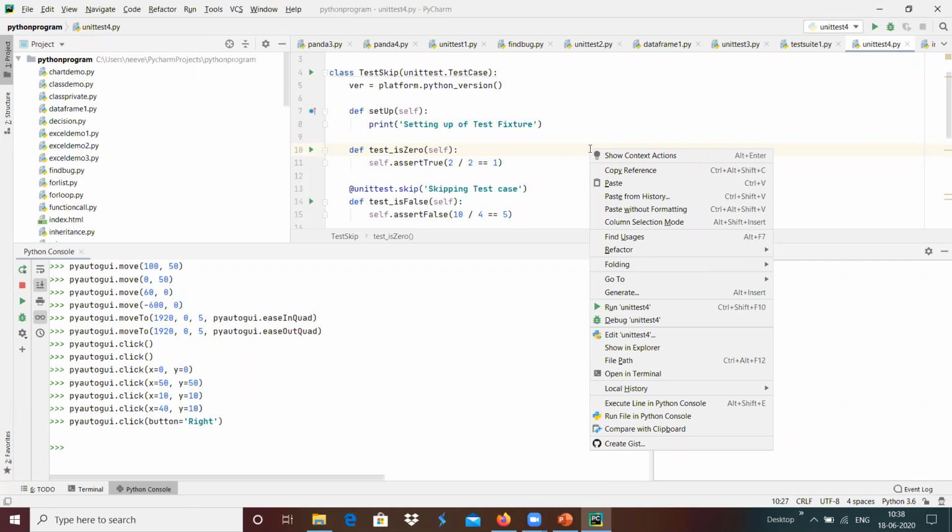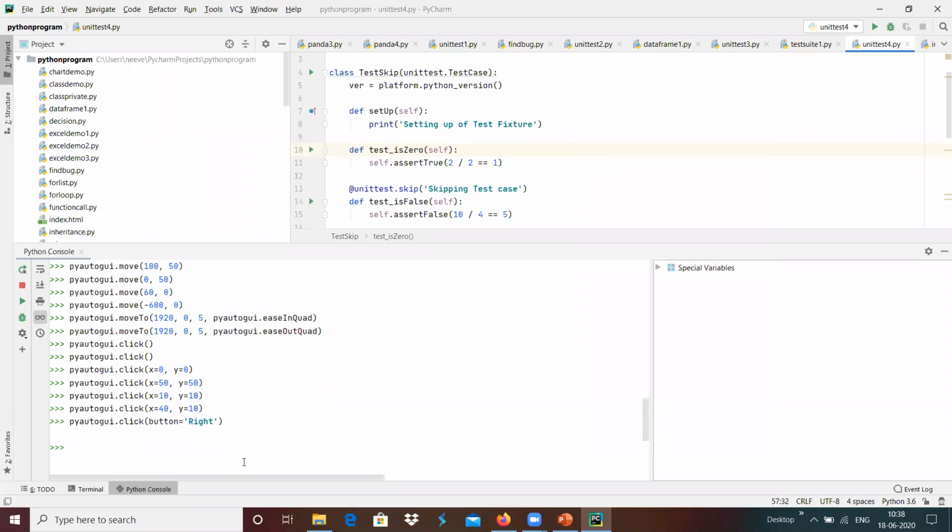Similar to that, maybe we can move to a location and generate the right click over there. And maybe I'm going to use X and Y. Suppose I wanted to close this automatically, I may give X equals 1920 and Y equals 0.